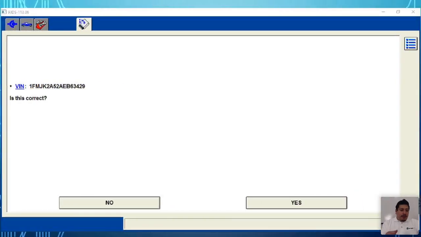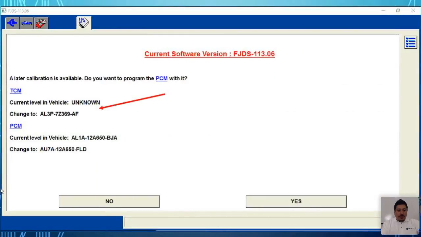All right, and then it makes sure the VIN number is correct on the module, which is good because we inputted it correctly, obviously. All right, so I'm showing you guys this because it's a little bit of everything that you're going to see